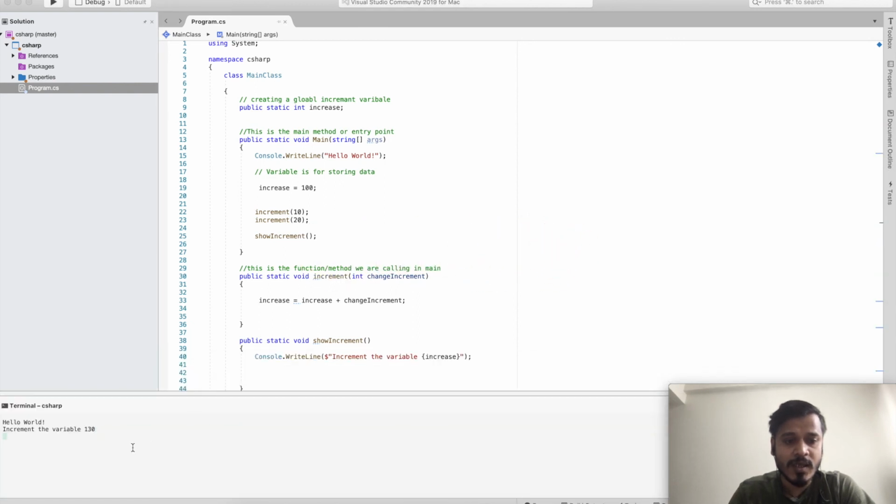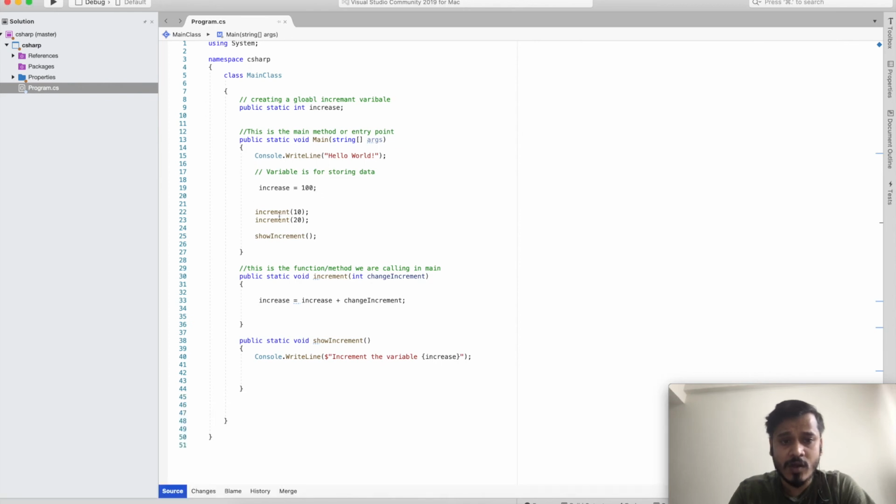As you can see, this value is now 130. This is picking up from here, and instead of 110, it is coming at 130. Likewise, it helps us with code refactoring, and we don't need to write the whole piece of code again and again.